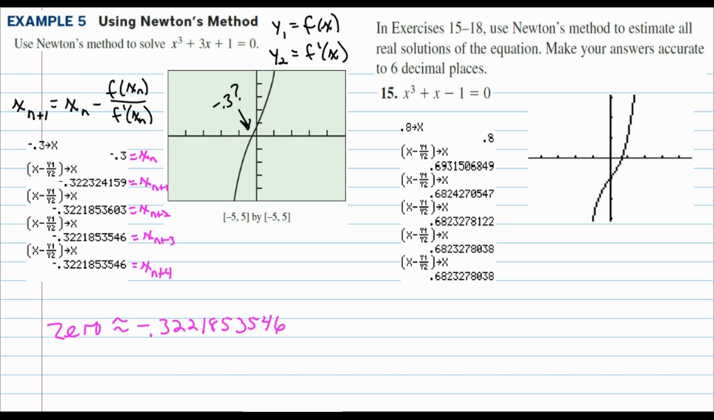Now try problem number 15 asks us to do the same thing. Use Newton's method to estimate all real solutions of the equation. Make your answers accurate to 6 decimal places. Will do. All right, so in this case into y1, I put f of x, the original function. Into y2 then, I put its derivative, and I followed the same process. I first stored 0.8 as my technically x sub 1, and then I told my calculator, take that x value, subtract y1 over y2 of that x value, and then store that as my new x. So my new x now, x sub 2, is going to be